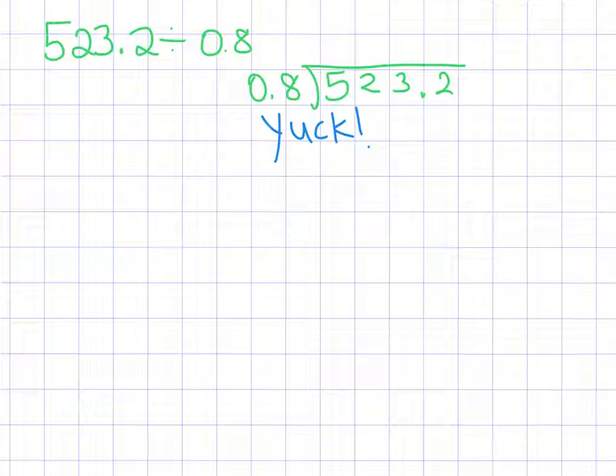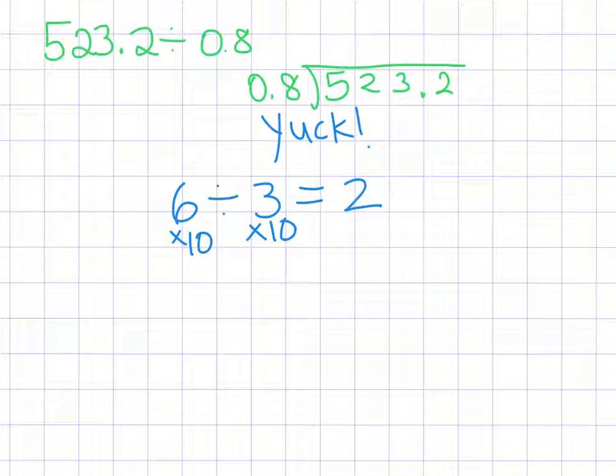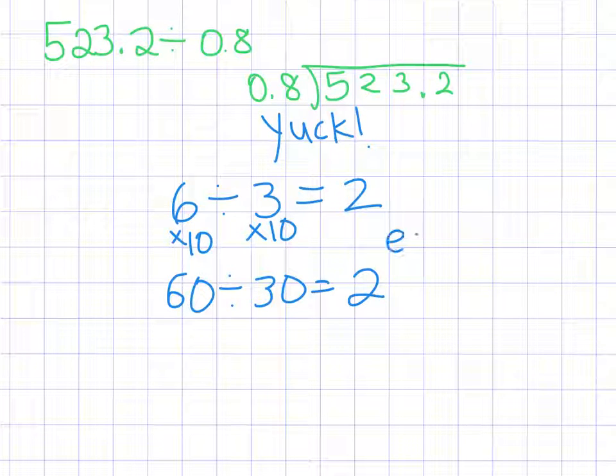So in class I showed them that if we have a number like 6 divided by 3, which is 2, if we scale this up, both of them by the same factor, multiples of 10, which affect place value, we end up with 60 divided by 30. And 60 divided by 30 is still 2. The problems are different, but they are equivalent. They give us the same result. So we can revise this problem by scaling it up by multiples of 10 so that we can avoid that